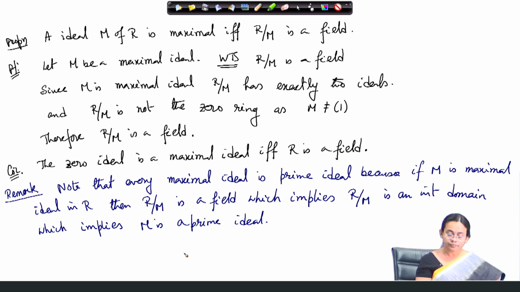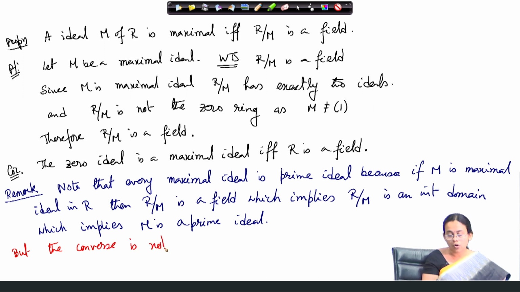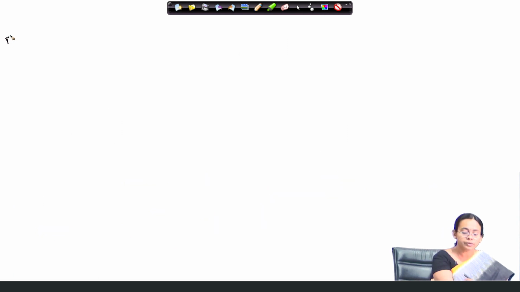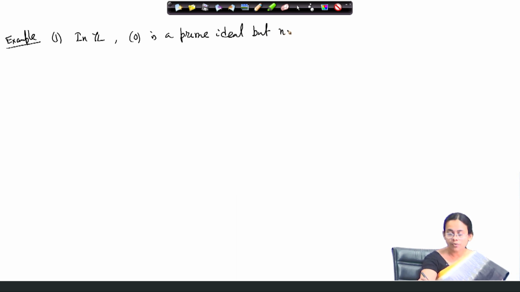Now, we can ask the converse, whether every prime ideal is maximal or not. So, the converse is not true, that is what we will show. We will give an example to show that the converse is not true. So, let us consider the following example. In Z you can see that 0 is a prime ideal, but 0 is not a maximal ideal,